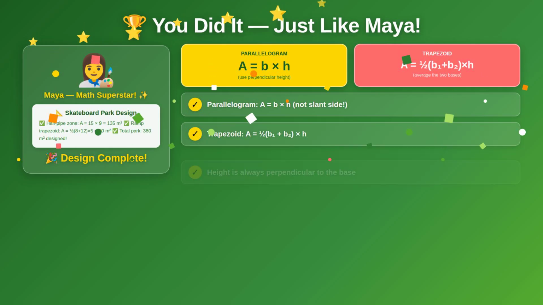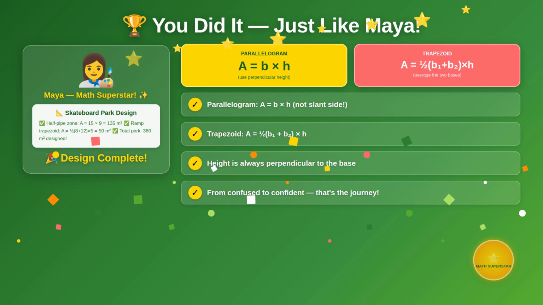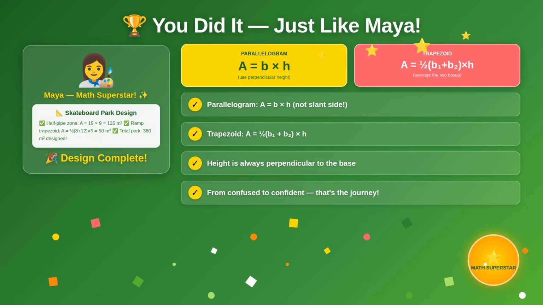Remember when Maya was staring at her paper, totally lost? Look at her now. She calculated the area of parallelograms and trapezoids, solved a mixed challenge problem, and finished her entire skateboard park design. And you did every single problem right along with her. You now know both formulas. You know how to find the height, and you know how to avoid the common mistakes. From confused to confident. That's the geometry journey. Now, go show off your new superpower. You've absolutely